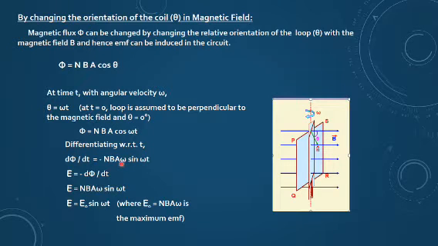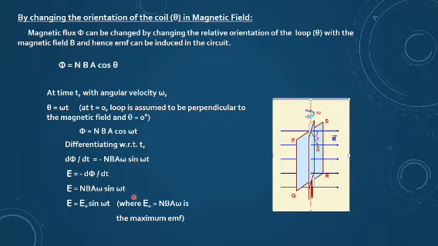So you can write it as minus, sorry, the minus sign is coming because of this derivative. The derivative of cos omega t is minus sin omega t into omega. So you can write it as NBA omega sin omega t. And by Lenz's law, you know EMF is equal to minus d phi by dt. So this minus and this minus will cancel each other, and I am left with EMF with a positive sign, which is of course the induced EMF, NBA omega sin omega t.